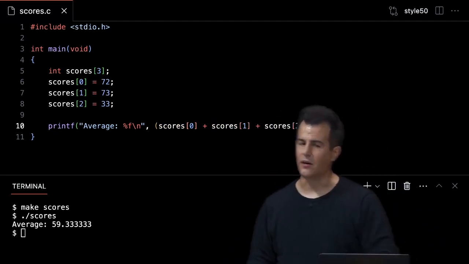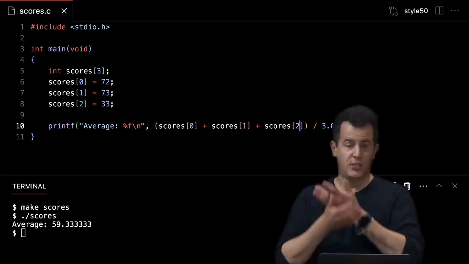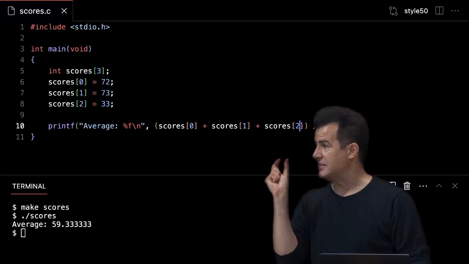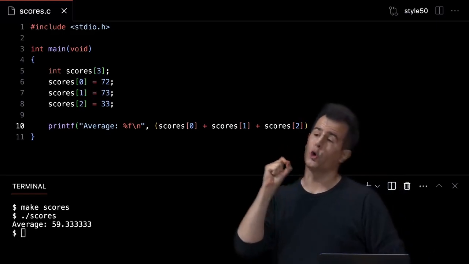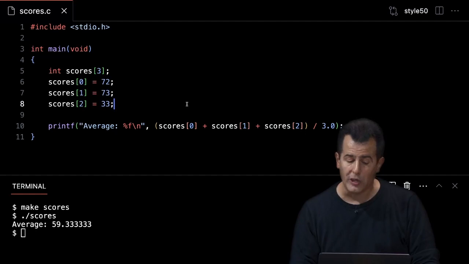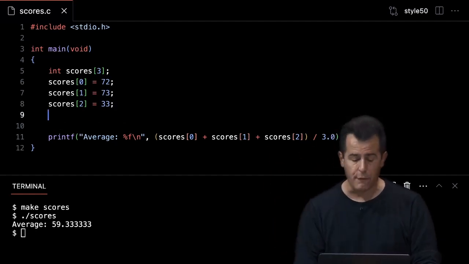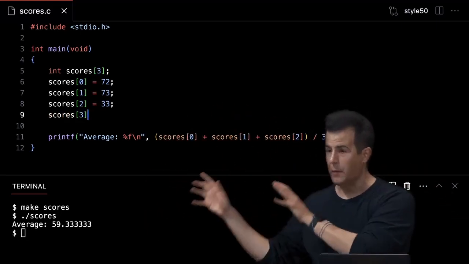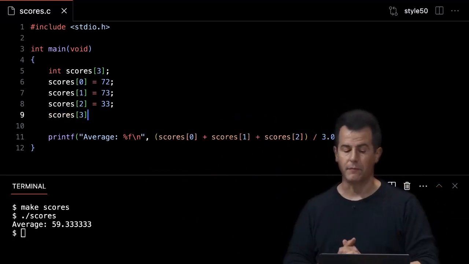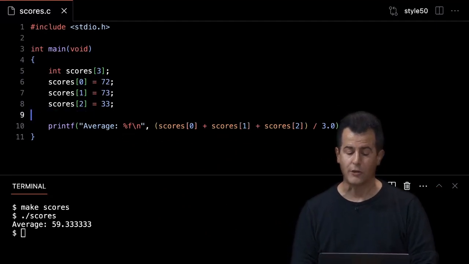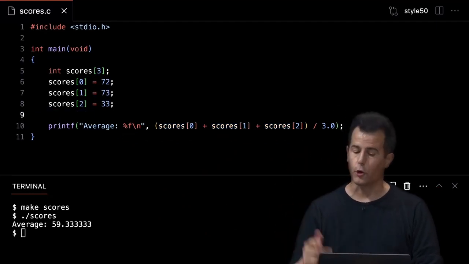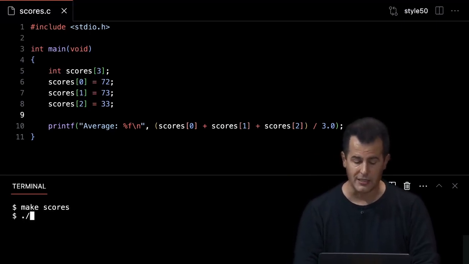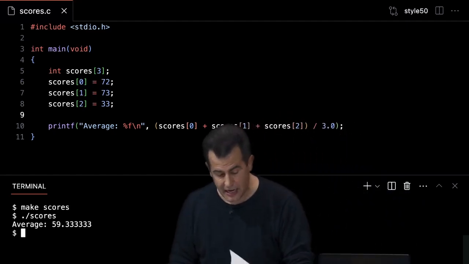So a couple of key details. I started counting at 0. Why? That's just the way it is with arrays. You must start counting at 0 unless you want to waste one of those spaces. And what you definitely don't want to do is go into scores bracket 3, because I only asked the computer for 3 integers. If I blindly do something like this, you're going too far. You're going beyond the end of the chunk of memory, and bad things will often happen. So we won't do that just yet. But for now, 0, 1, and 2 are the first, second, and third locations. So if I recompile this code, so make scores, seems OK, ./scores, and I get the exact same answer there.